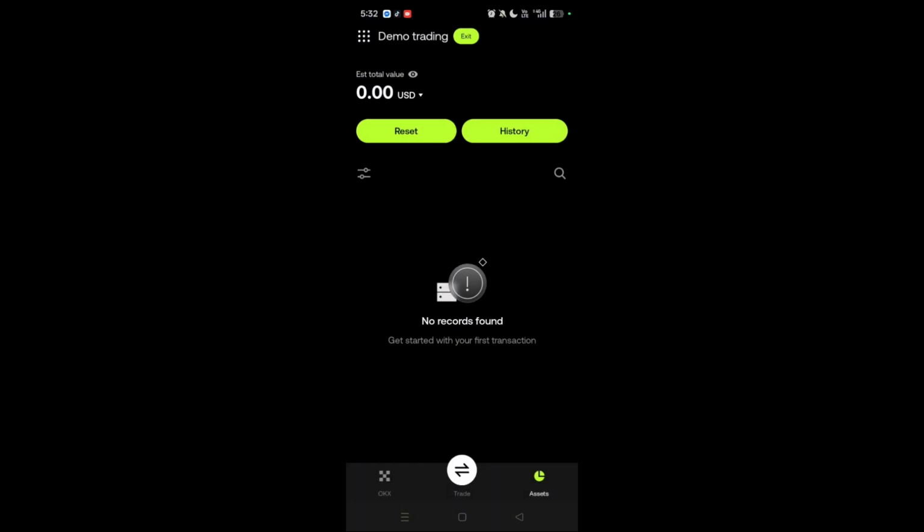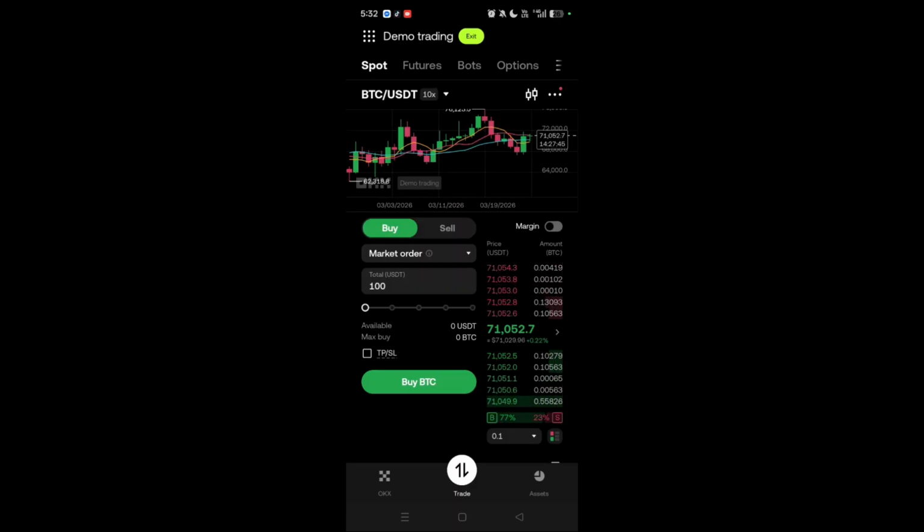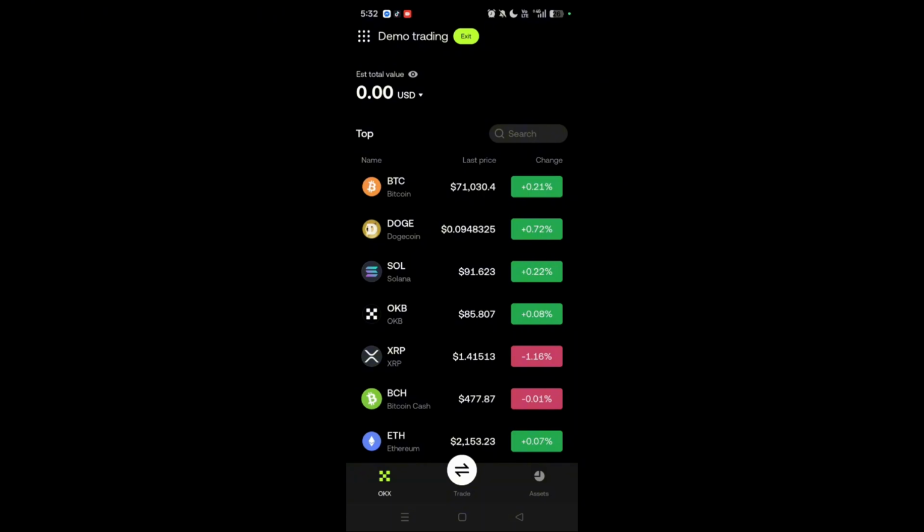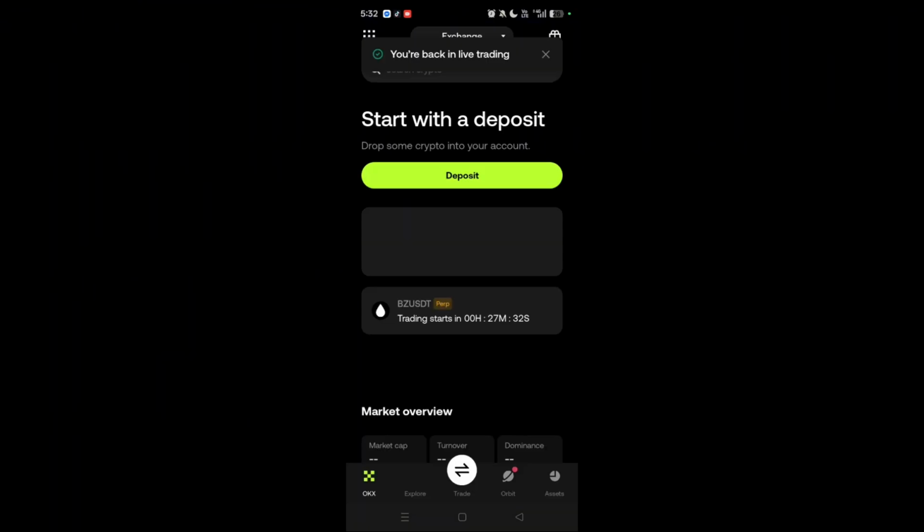Once you're here, you can demo trade your money for like 1 week or whatnot, and there you'll be able to practice how it works. So this is the demo trade. It's also on real time. So when you go back right here and try trading right here,